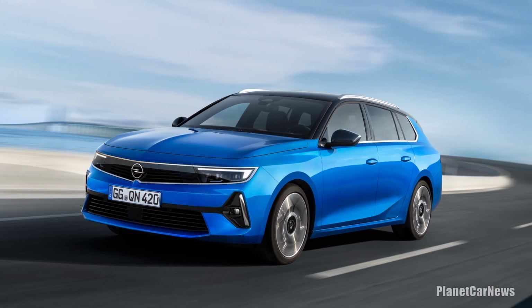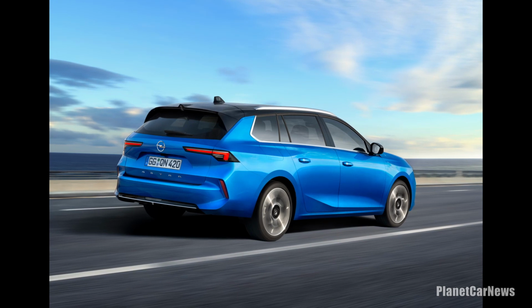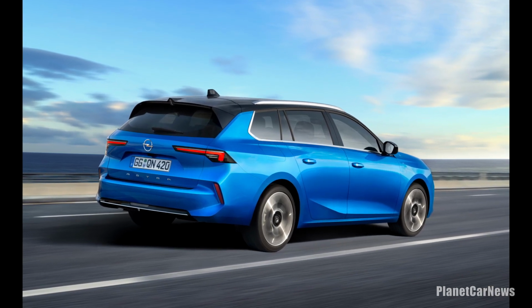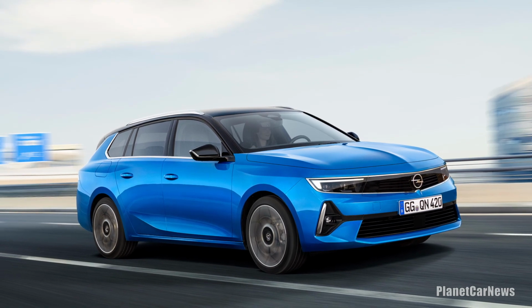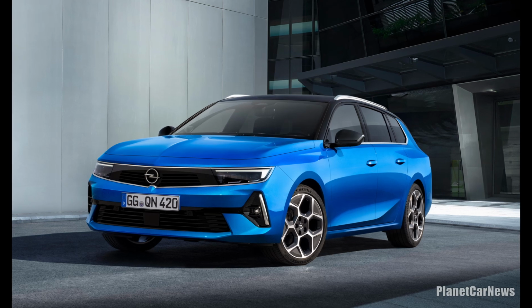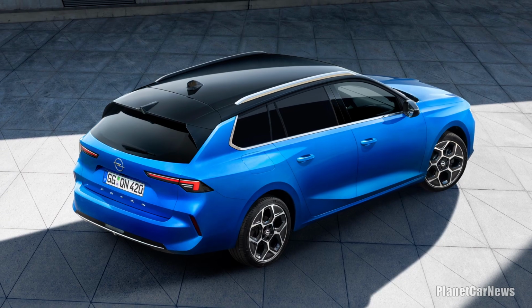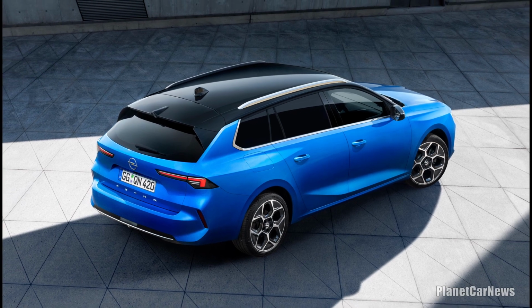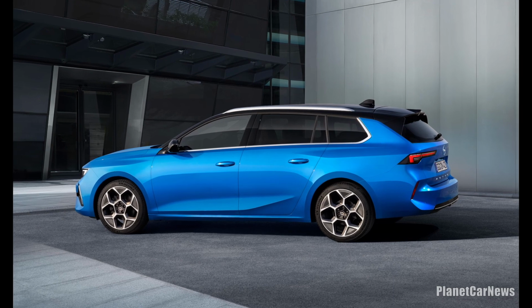Following the world premiere of the next-generation Astra hatchback in September, Opel has today unveiled the eagerly awaited estate model version, the all-new Astra Sports Tourer. The newcomer will be available with 2 levels of plug-in hybrid electric drive, making it the German carmaker's first electrified estate. With vital statistics of 4,642 mm length, 1,860 width, 1,480 height and a loading height of around 600 mm,